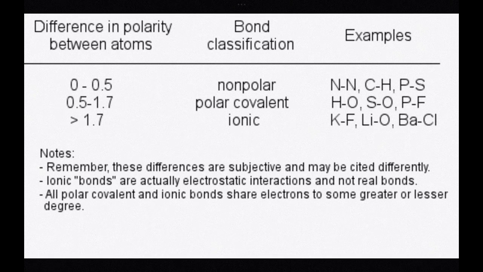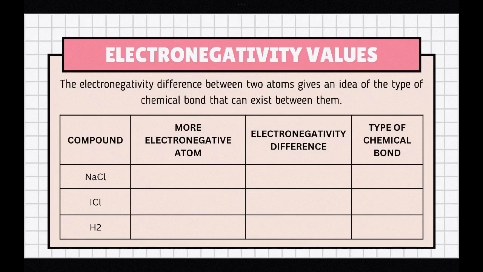Now, how can we identify if it is non-polar or polar? Definitely we'll get the electronegativity difference, so we just simply subtract. So here's the example for us to know if it is polar or non-polar or ionic. Now, let us first identify which has more electronegative atom. So we have here